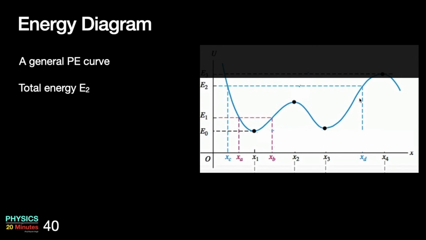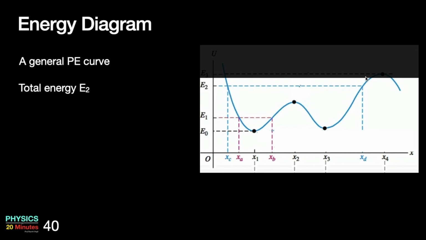It will again increase over here, and then eventually the kinetic energy will decrease again because potential energy is increasing. At this point, the potential energy curve and total energy curve will intersect, and this becomes the turning point. The particle cannot go in this domain. So my XD is one of the turning points. There is one more turning point.